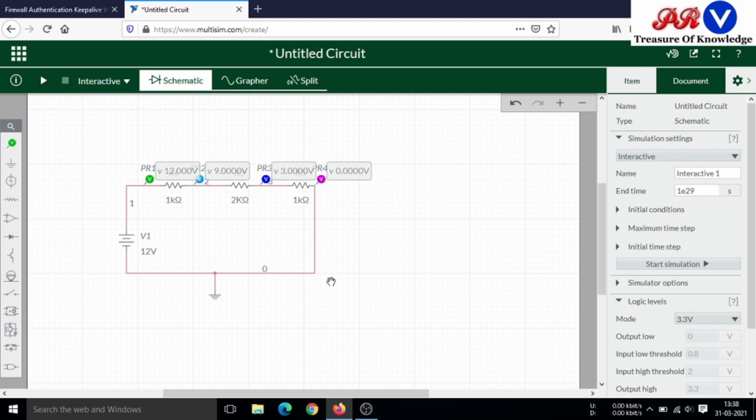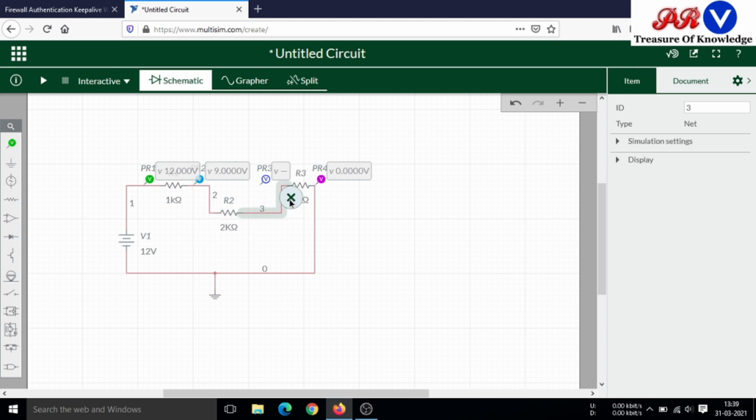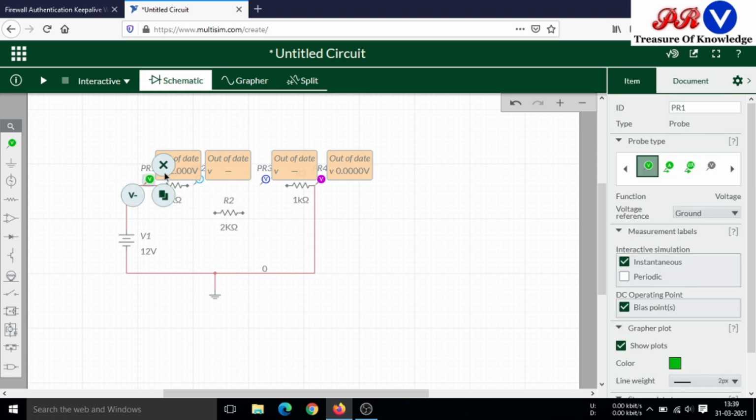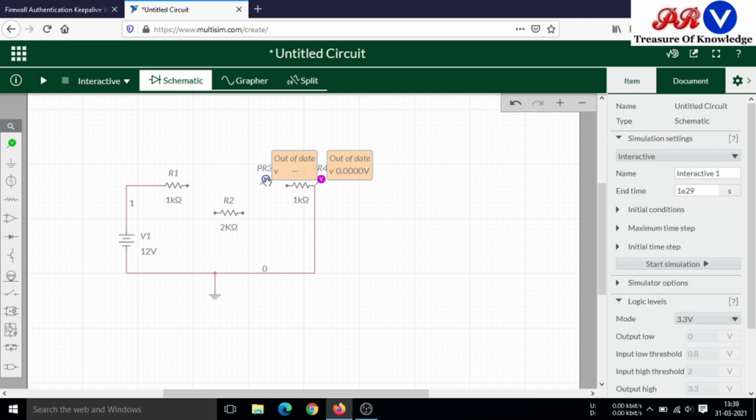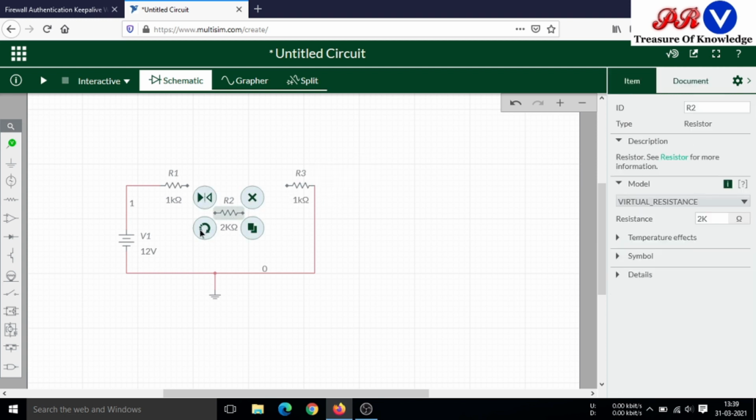Now we will study KCL, Kirchhoff's current law, and to study it I will modify the circuit. I will use these resistances in parallel. I will delete this wire and these indicators from Multisim. I will rotate this resistor accordingly.